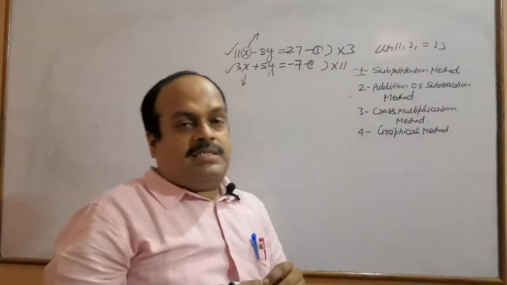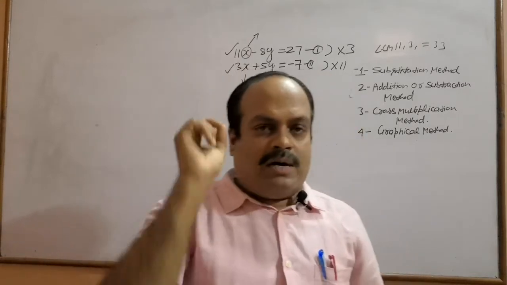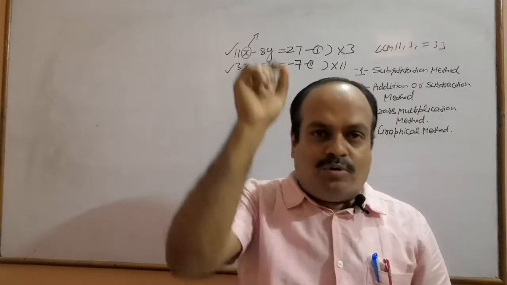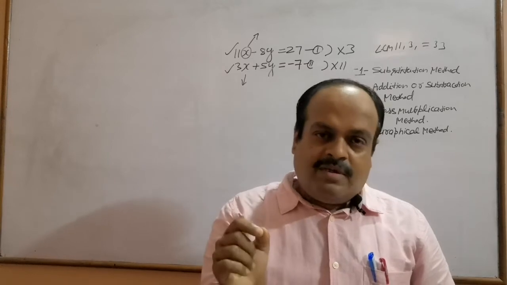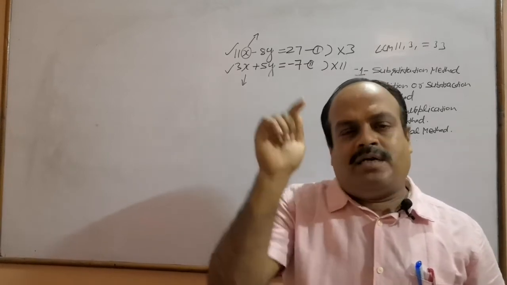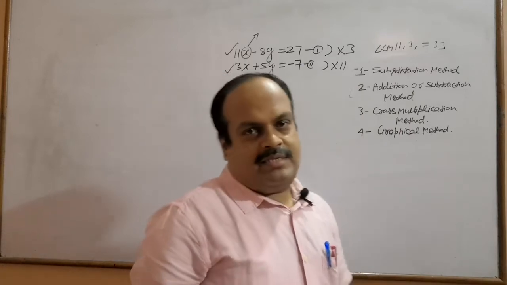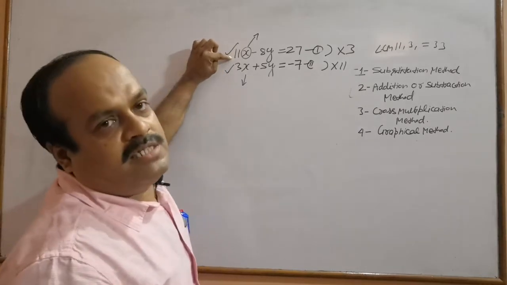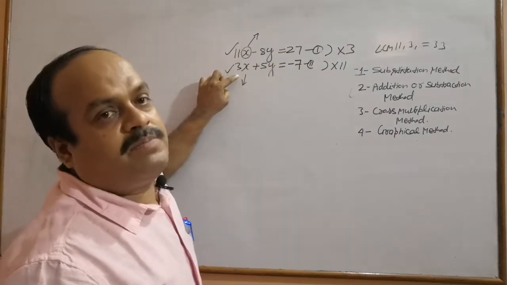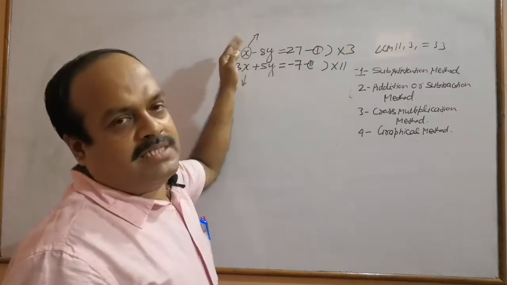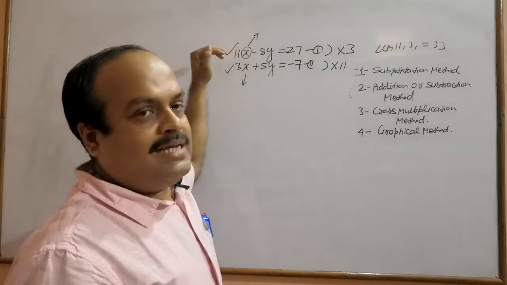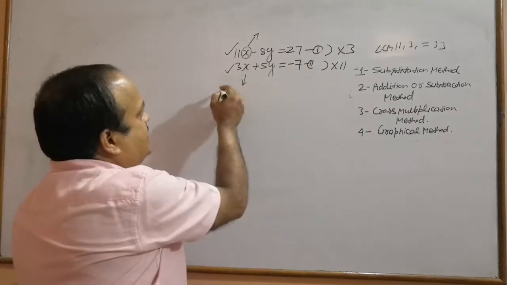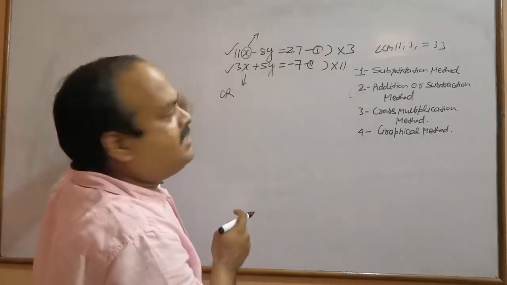What did I say? Since I want to eliminate the terms of x from both the equations, I need to make the coefficients of both the terms of x the same, and for that I have to multiply both the equations by suitable numbers. So I multiply this equation by 3 so that we make this 33, and this equation by 11 so that it becomes 33. So do the multiplication and write the result. When you multiply an equation by a number, each term of the equation is multiplied by that number. So write here the result after doing multiplication by 3.